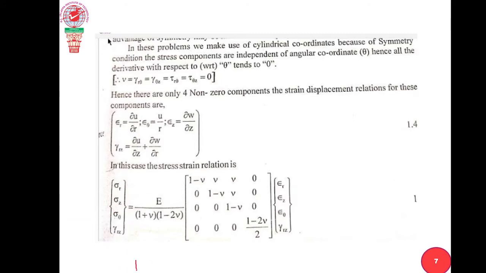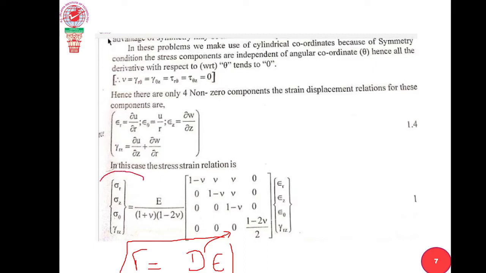So this is, I think you know that sigma is equal to, so this is known as the D matrix, correct? This is known as the D matrix. This is known as the epsilon matrix. The sigma matrix is equal to D into the epsilon matrix. What is the D matrix? This is the D matrix. We discussed the stress-strain relation in the first module.